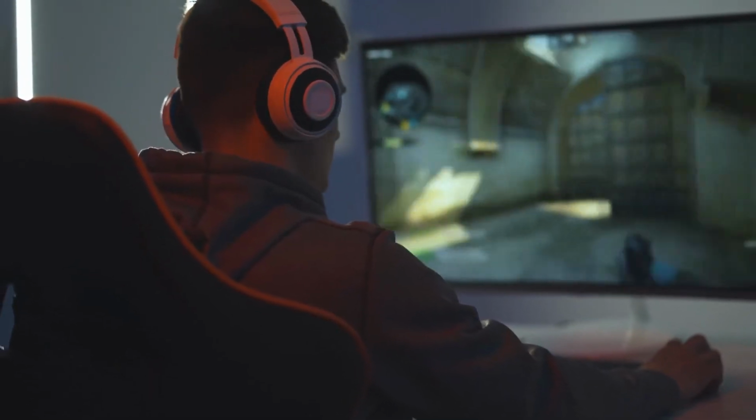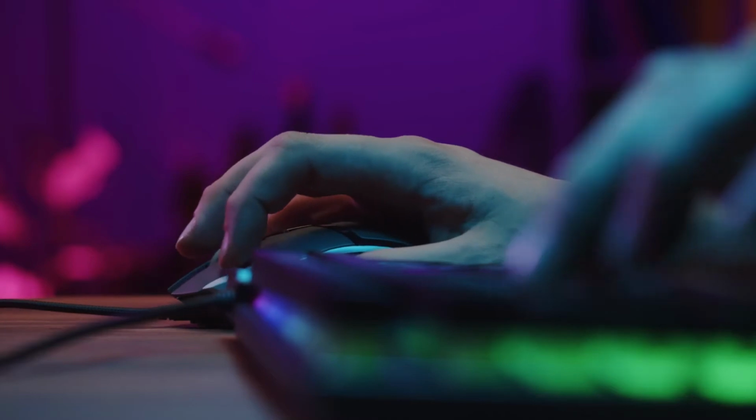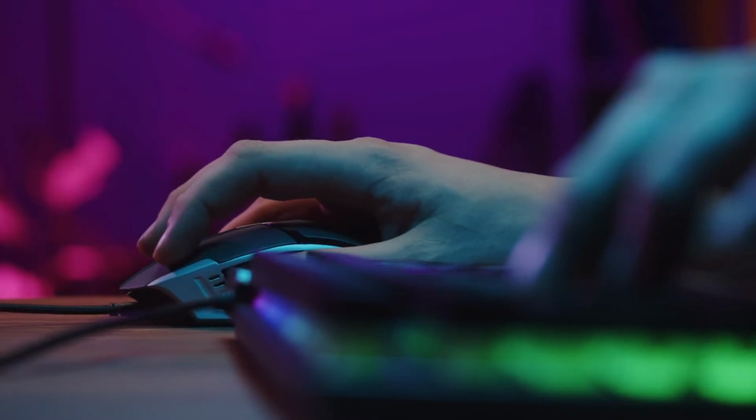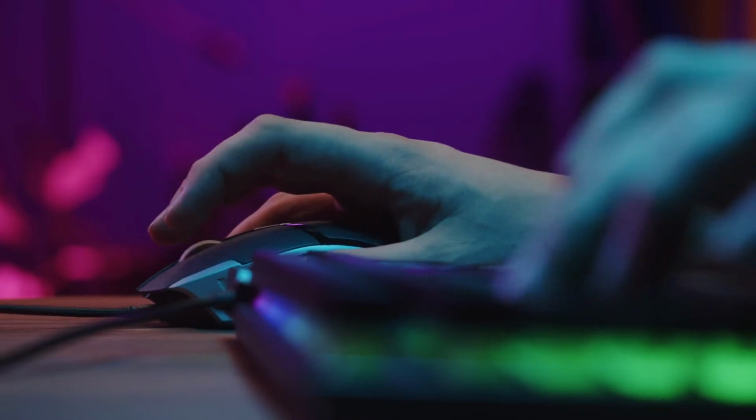What is the one thing you use the most when at your PC? Your mouse. If you're sitting at your desk, I bet you got a hand resting on one right now. So picking the best gaming mouse is one sure way to upgrade your gaming setup, and possibly one of the